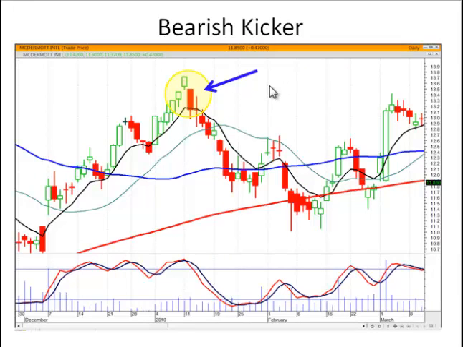Same parameters that we use with all other signals. The further away you move from the T-line, the higher the probability they're going to come back and test it. If they do a kicker signal to come down and test it, that tells you there might not even be enough strength to support at the T-line. They could be going much lower. Anytime you see a trend and then they gap it down below the previous day's open, close it out immediately. If this isn't an uptrend, they shouldn't be gapping it down below the open of the last bullish candle.